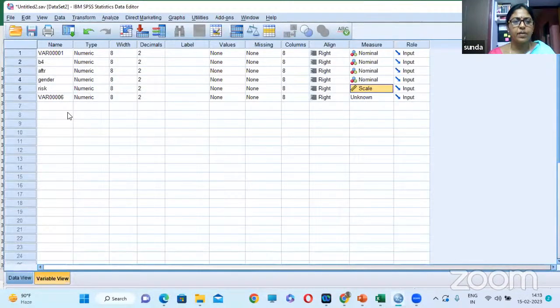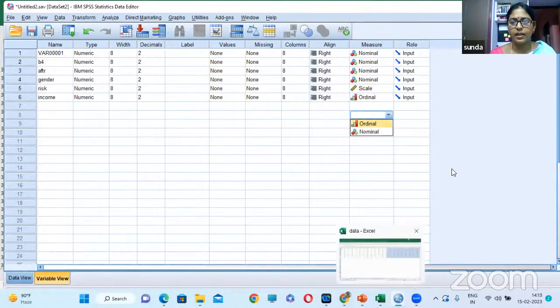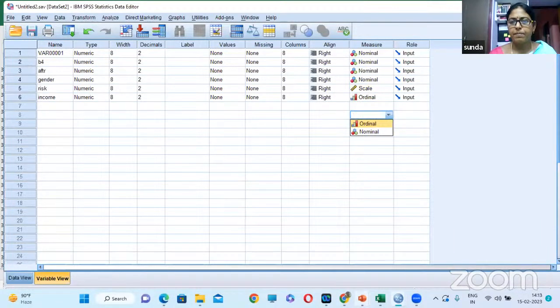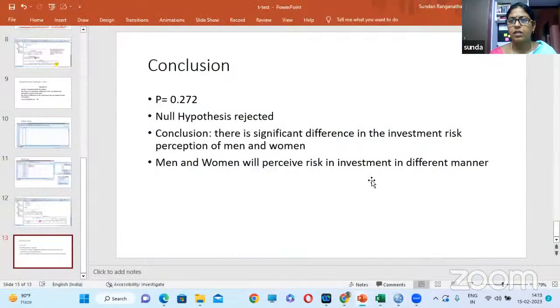Go to your variable view. This is your income group. Change it to income group. Income group is an ordinal, so change it to ordinal. And then